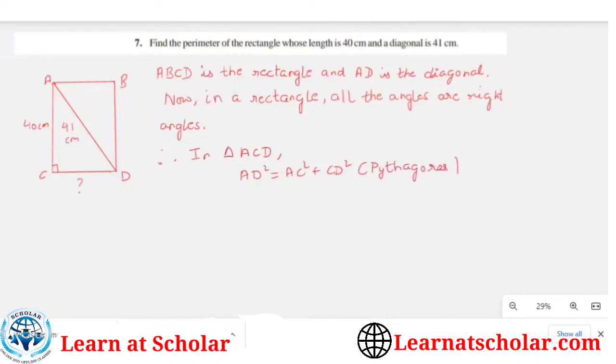Pythagoras property. 41 square is equal to 40 square plus CD square. The square of 41 is equal to 1681. The square of 40 is 1600 and we have to find out the value of CD,